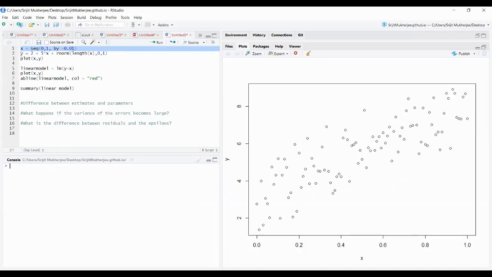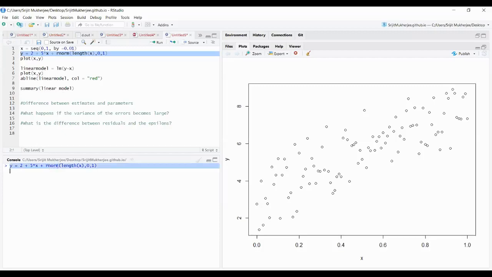And then I will simulate y. Okay, remember yi is following beta naught plus beta 1 xi plus epsilon i. So beta naught is equal to 2, beta 1 is equal to 5, and the corresponding xi's are fixed, you know that. And this is the epsilon i part. I can write it as epsilon. So let's write it as epsilon